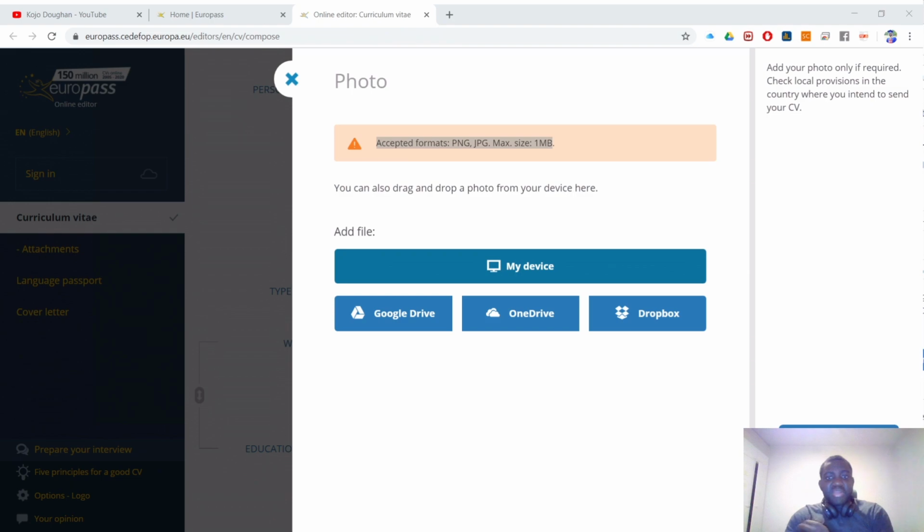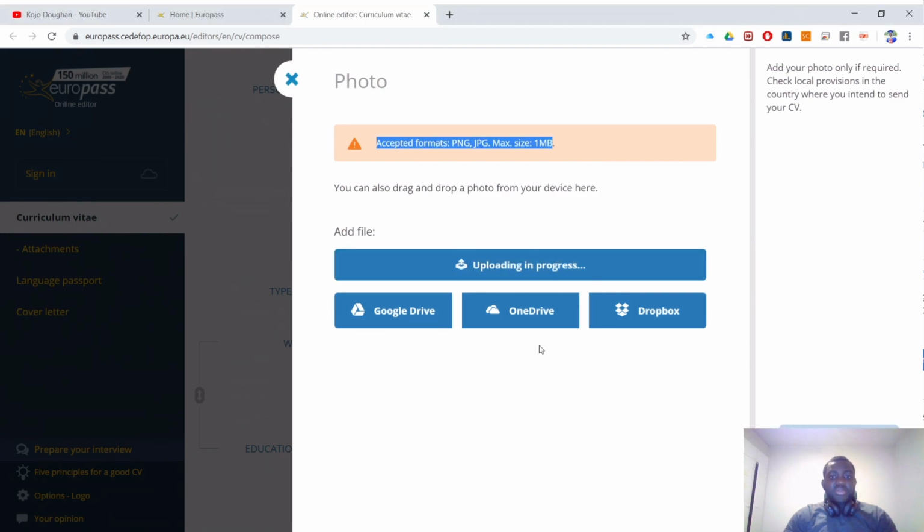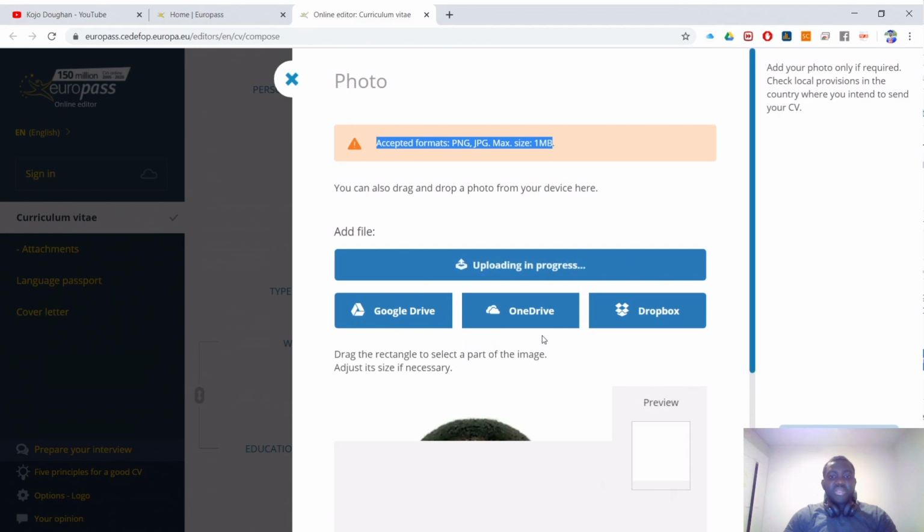So I'm picking it from my device. So I've already kept a picture here. So if yours is not at this place, then you can use these options to navigate to where your picture is, and then you pick it. So I'm picking mine. This is my picture, and I'm opening it. Okay, so it will actually load up,